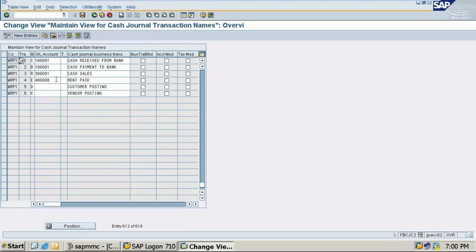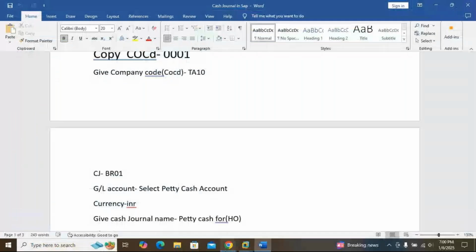Customer posting and vendor posting I have not done. So if you want that, you can create it as Sundry creditor, Sundry debtor. But in this account, in the new company, I have not created Sundry debtor and creditor, so I have not used that. If you are using that one, you can give your customer Sundry debtors GL account number, and vendor account numbers also you can give that. Clear? Until this, any doubts, students? You understood how it has to be done?